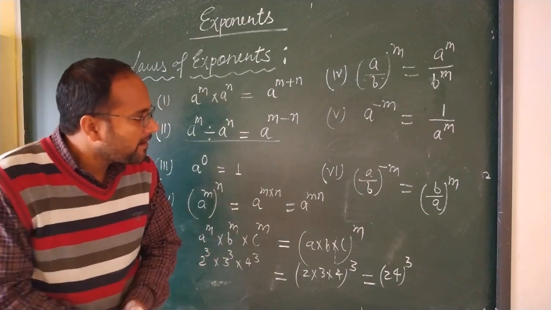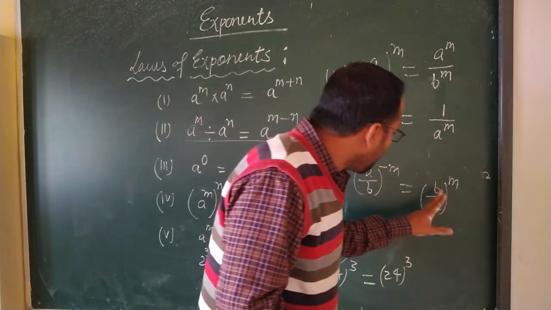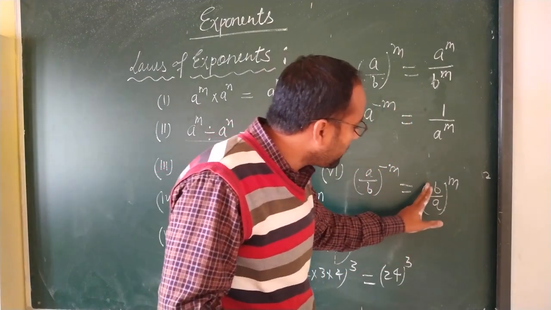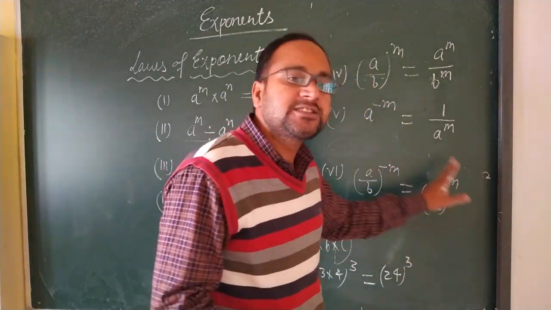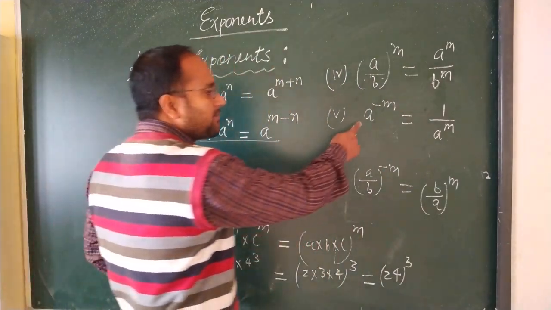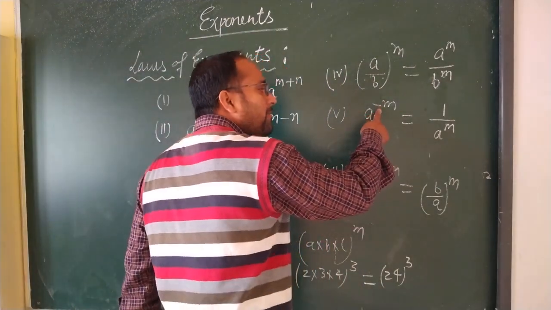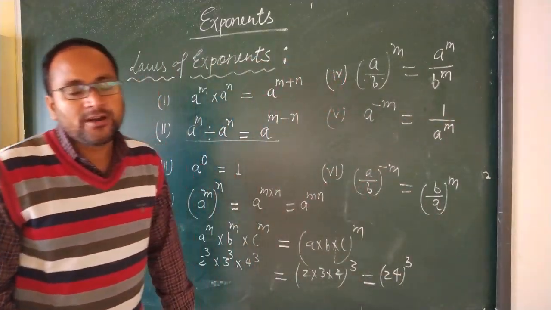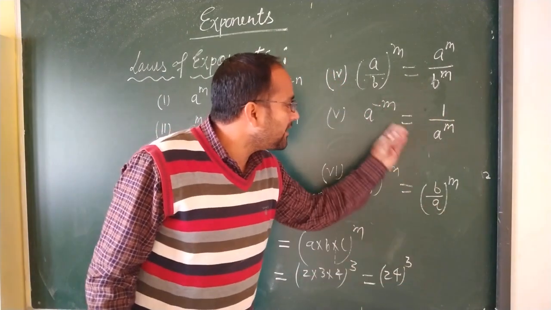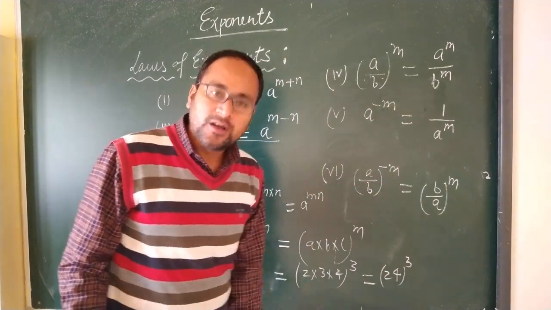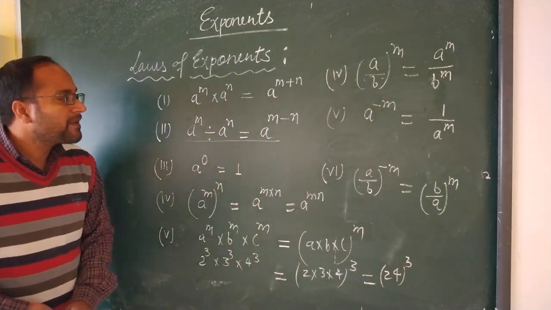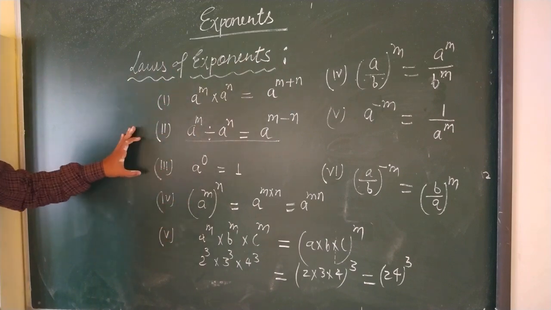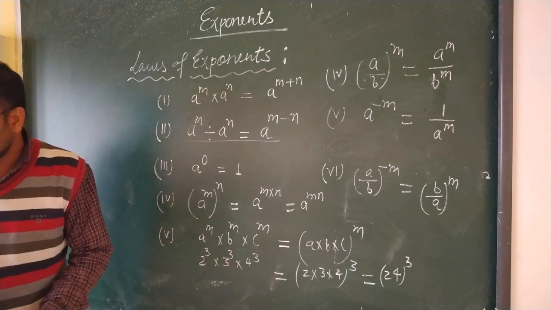Okay, a upon b to the power minus m, then you will write b upon a, change this term into its reciprocal, you will get b upon a, and then this minus changes into a plus. Same thing we have done here, a to the power minus m, change it into its reciprocal, then you will get a upon b to the power m, this minus changes into a plus. Okay, so this is the rule of laws of exponents. Learn this one, and it is very useful for your exercise, students.